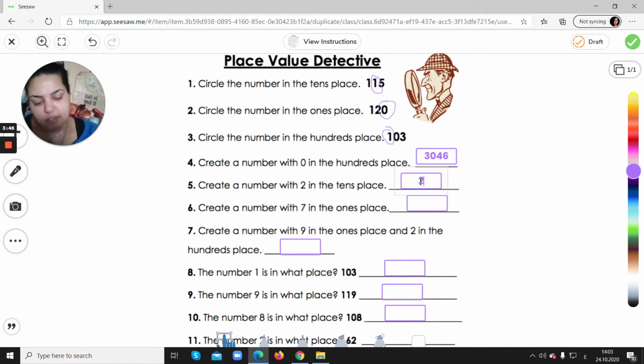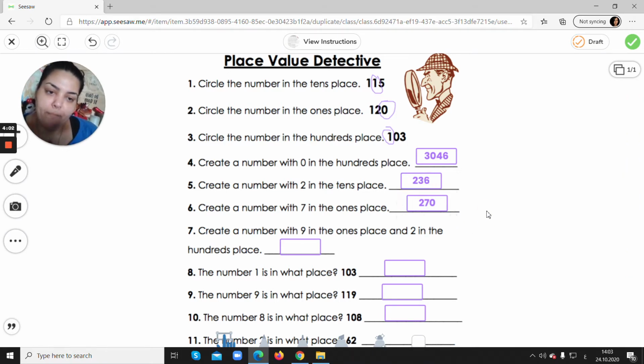So I'm going to do like this. I know this is wrong because that's not 2 in the tens place. That's 2 in the hundreds place. But I'll just leave it like this for now. 7 in the ones place. Like this. Okay, imagine that I finished all of them, and me as a student, I don't know that I made a mistake. I know that I completed my task. I'm going to click tick,